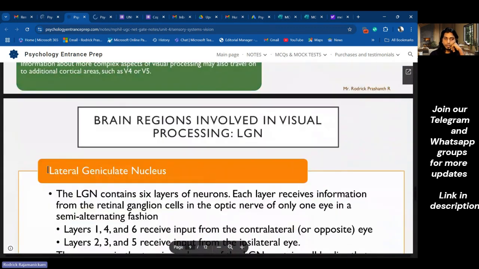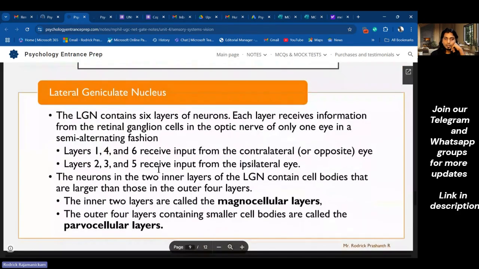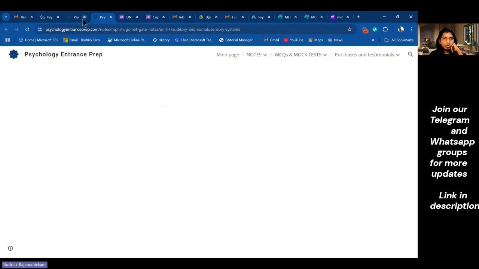So the lateral geniculate nucleus is involved in visual processing. That is a part of the thalamus. So here we have the magnocellular and the parvocellular also. So it's about the cortical structures and also the thalamus, which has a columnar structure. Magnocellular is for more movement, parvocellular is for more color and shade differences. So when you talk about auditory,